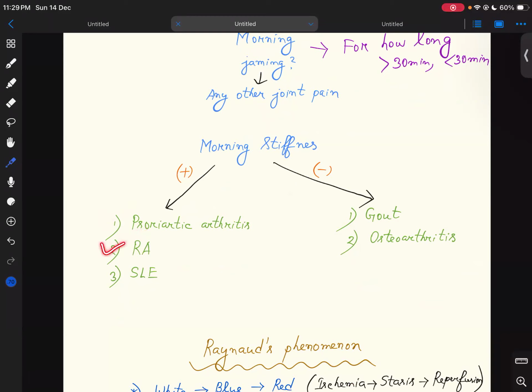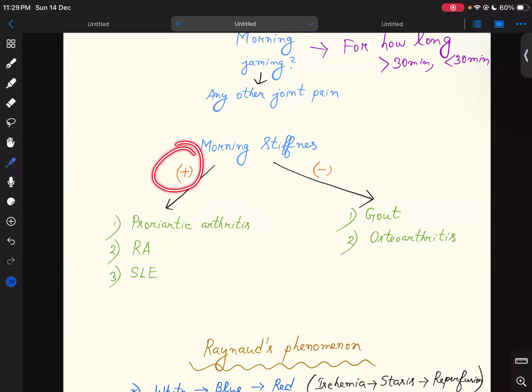Automatically, rheumatoid arthritis and psoriatic arthritis will become differential diagnoses of each other. But in psoriatic arthritis, there will be rash. But in rheumatoid arthritis, there will be symmetrical pain, but no rash. To rule out SLE, we have to ask, do you have any mouth sore and facial rash after going to the sun? So this will be the screening question for seropositive,